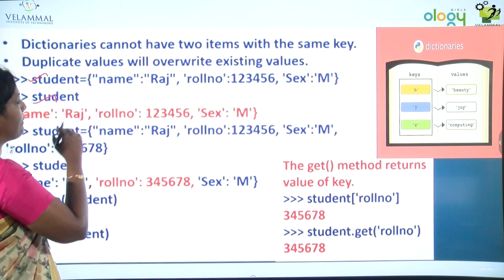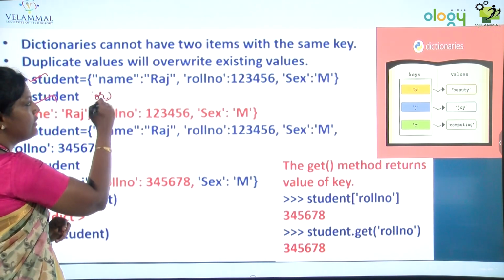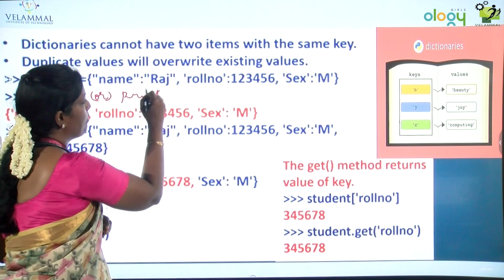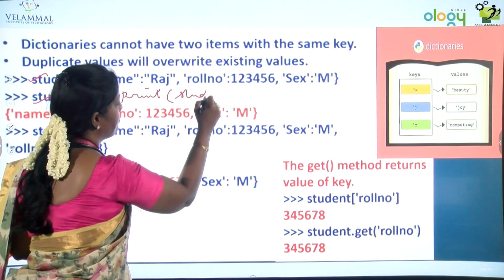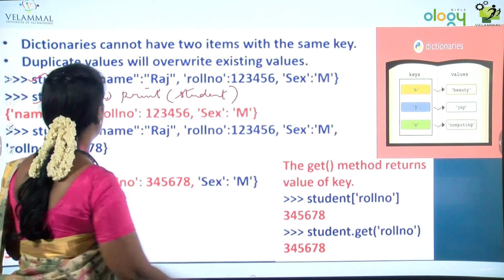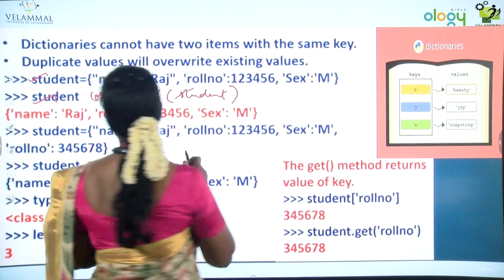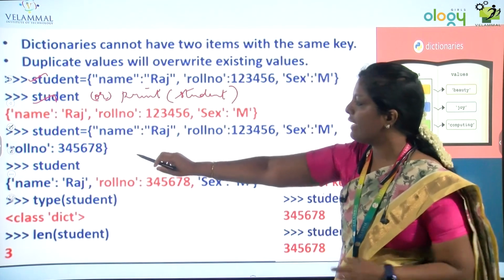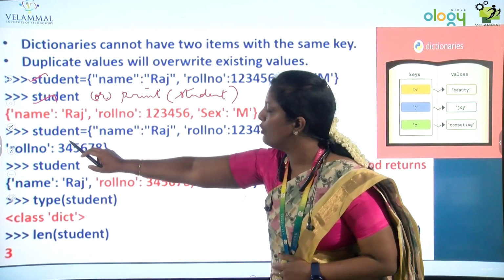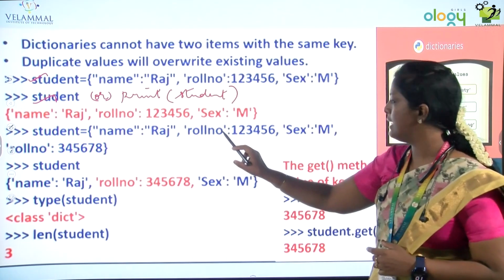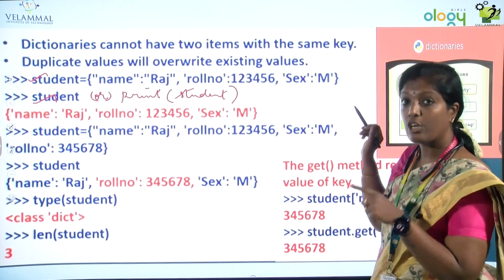Then again, how to print, or you can use print student. Both work the same way. Student, in the demo session, you will be able to understand this more clearly, right? The third statement. Yes. Now again, what I'm going to do, student, name, roll number, sex, and see, I've included